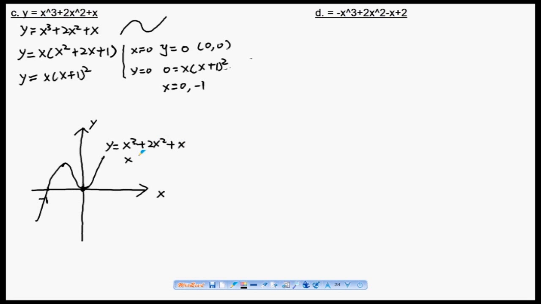And the domain is x belongs to R. From this graph we can say we have a turning point at the x-axis, when x is minus 1. We only have two x-intercepts. So the general rule I can say in an equation like this, when